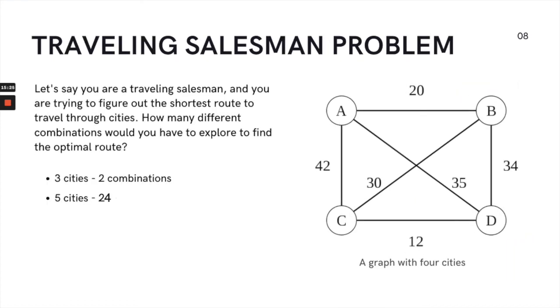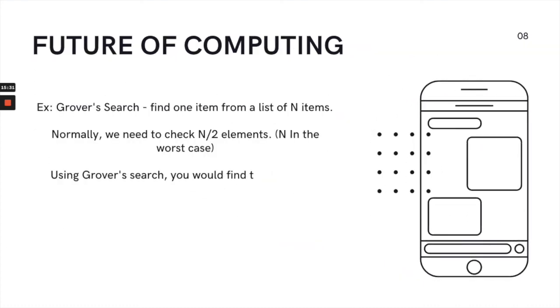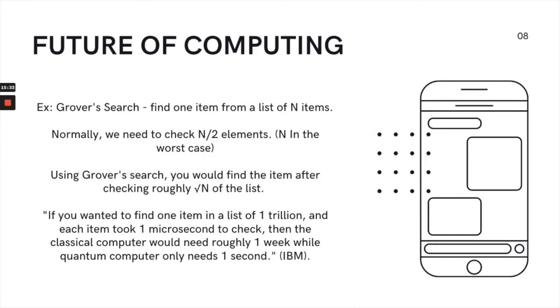If the number of combinations we need to check goes up significantly, the computation time for a classical computer also goes up exponentially. However, we can see, according to IBM, this huge difference between quantum computers' computing power and classical computers' computing power,